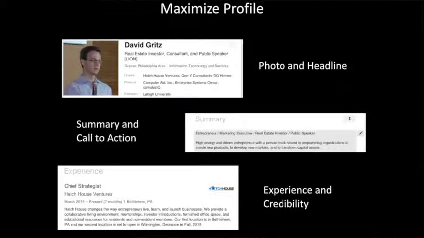I've seen some very interesting ones where people looking to raise money for their business put it right up in their headline, as clear as day, what they're trying to accomplish on LinkedIn. You don't have to be as aggressive as that, but make sure it's clear what you do. Once you get that figured out, the summary and call to action are important. Within the summary, describe in more detail what you do, why it matters to someone, and what they can do to connect with you if you have a call to action. You might not have a call to action; just use it to build credibility for yourself.